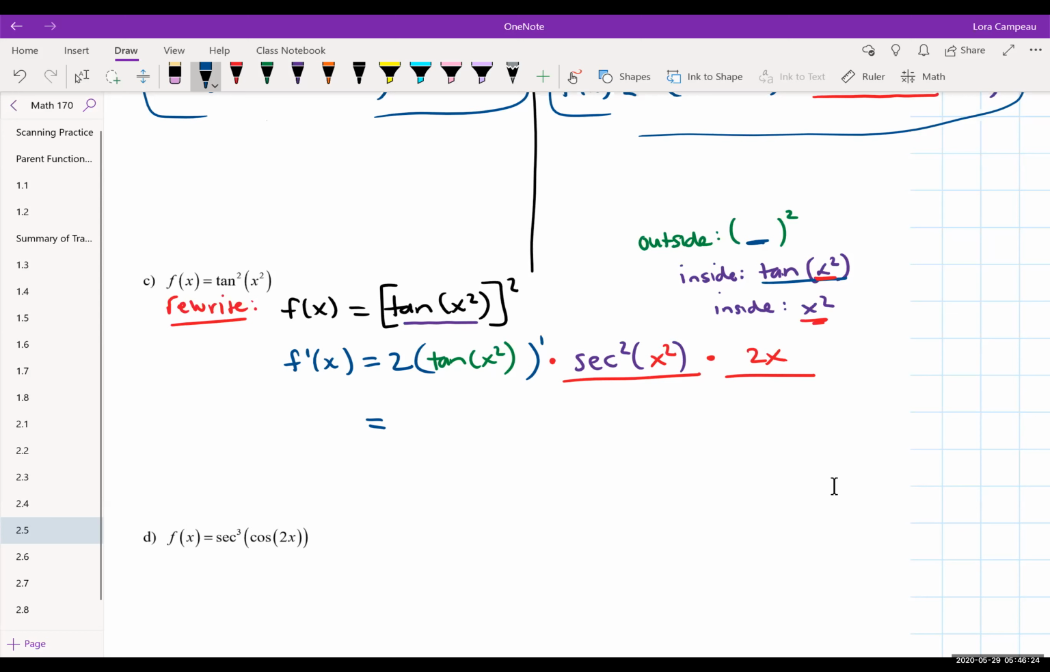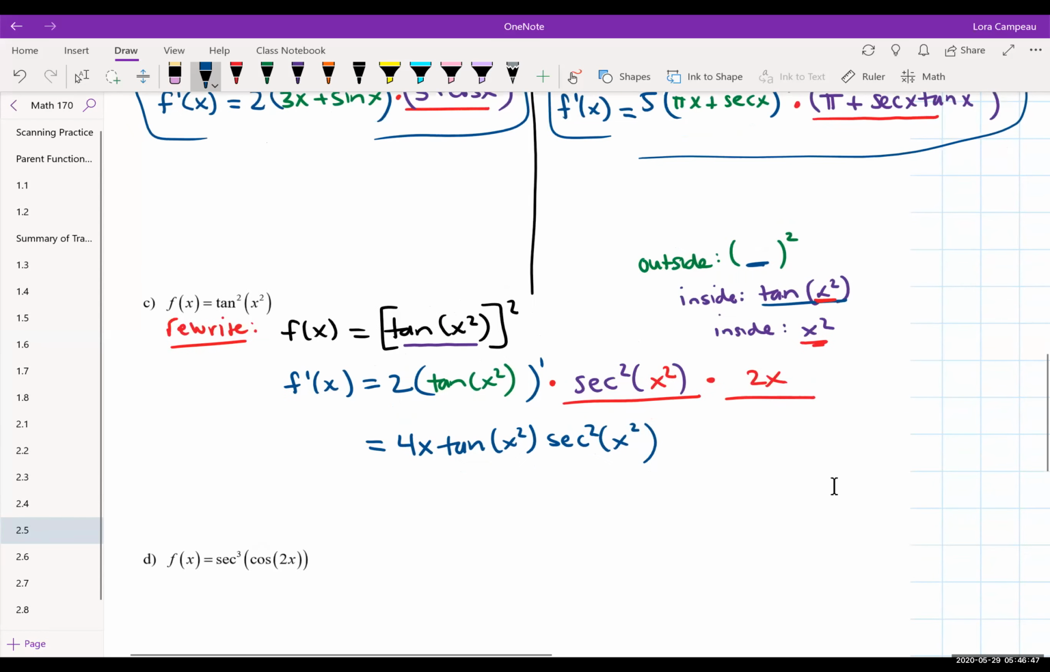I see 2 factors that are monomials, 2 times 2x. So that gives me 4x. And then the rest of it's not so exciting. We would just say it's tangent of x squared, but that's multiplied by secant squared of x squared. And I suppose you could play around with some trig identities at that point, but it's not worth our time